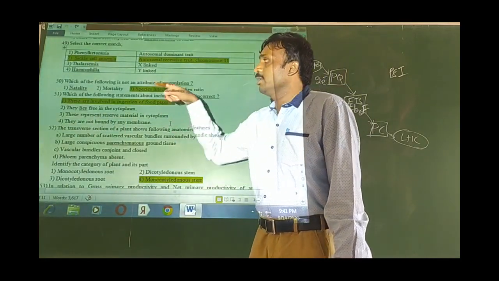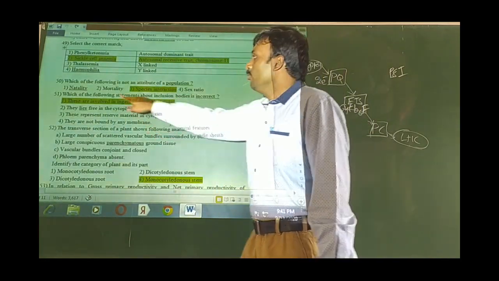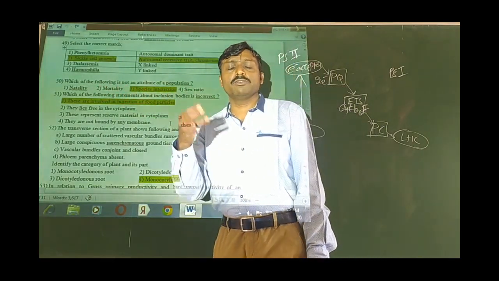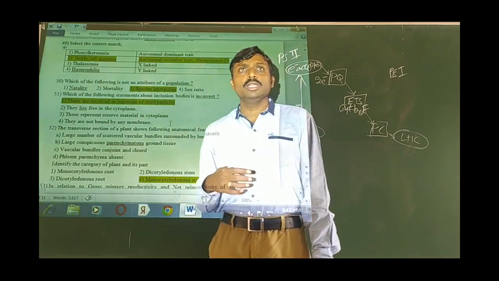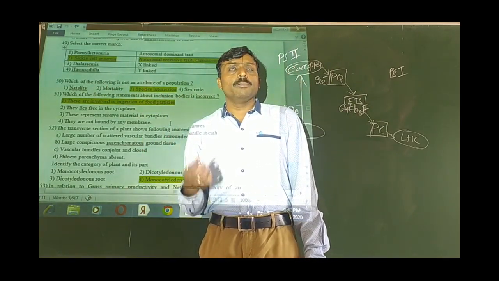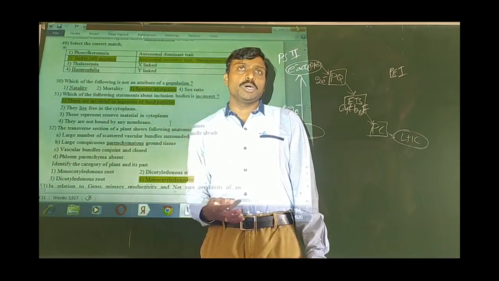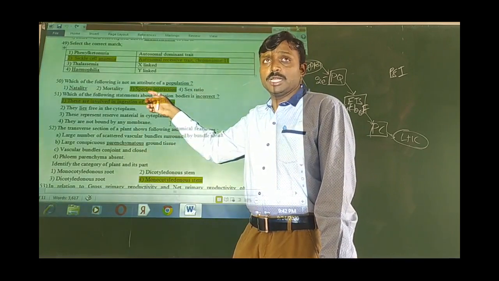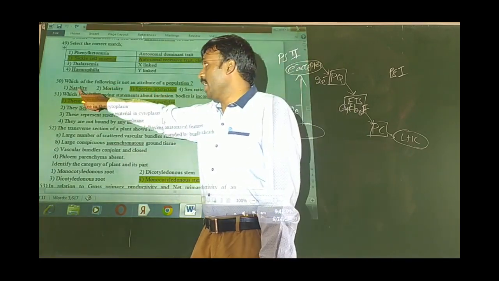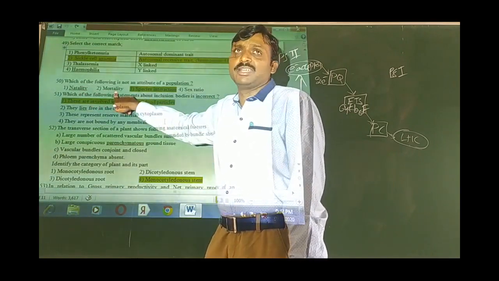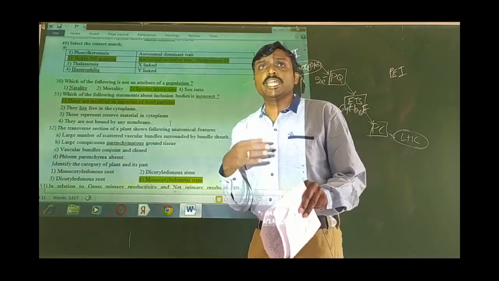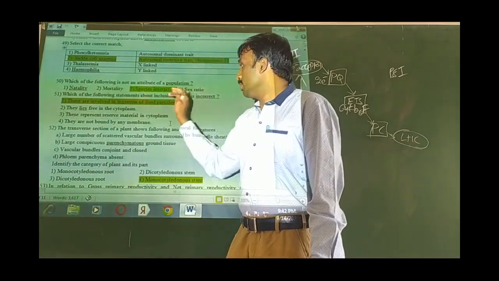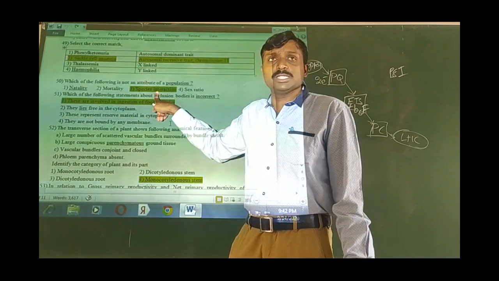This is from the organisms and population chapter from the second year syllabus. Which of the following is not an attribute of a population? So there are 6 different types of population attributes, like population growth, population density, sex ratio. Among those 6 listings, species interaction is not given under population attributes. So natality, birth rate, mortality, death rate, sex ratio, the ratio of the male and female among the population. So all these become population attributes except species interaction.